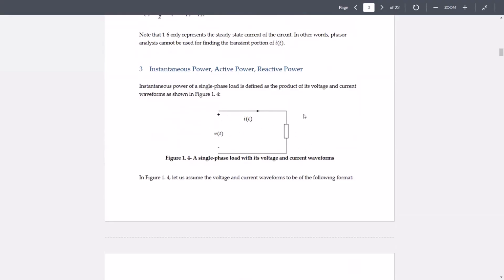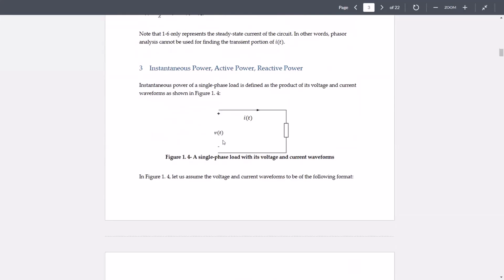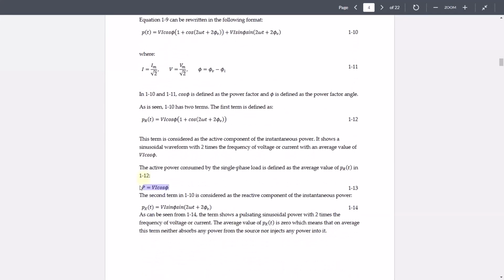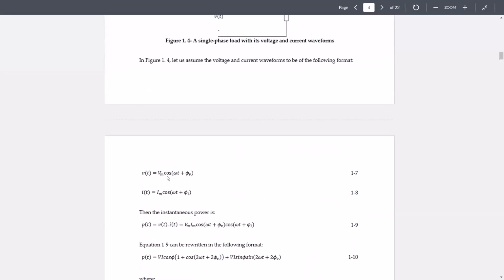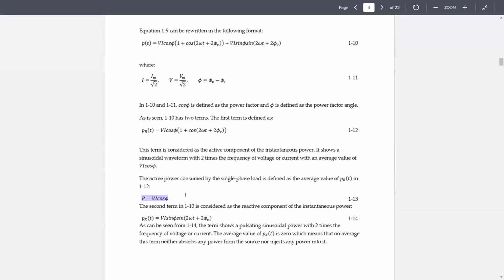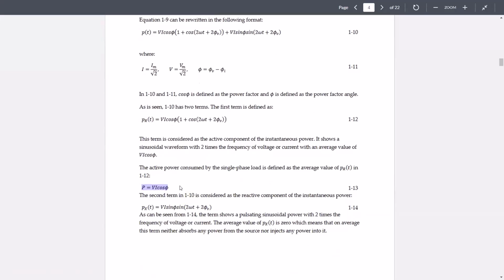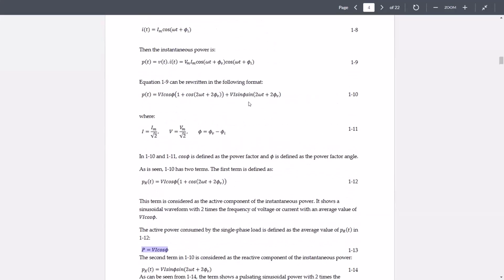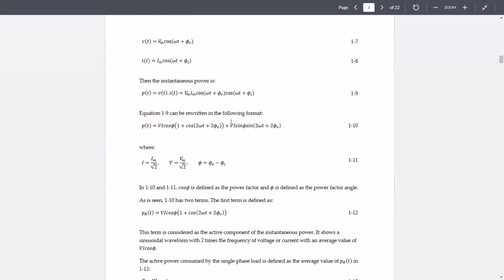So this is called the load convention, when basically the current flows into the positive terminal of the voltage of the element. Then this p-value would become the real or active power that is consumed by this element. Okay, so we would have a real or active power definition, and we would have a reactive power definition. Reactive power definition is just VI sine of phi, which is the maximum of this waveform,